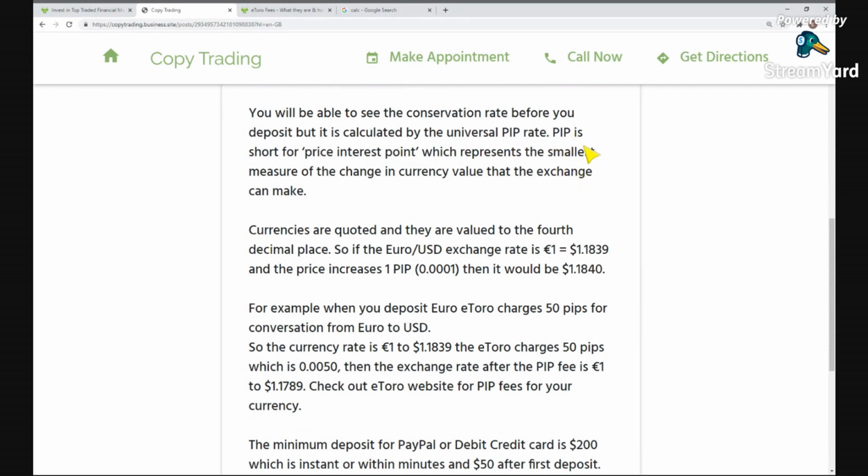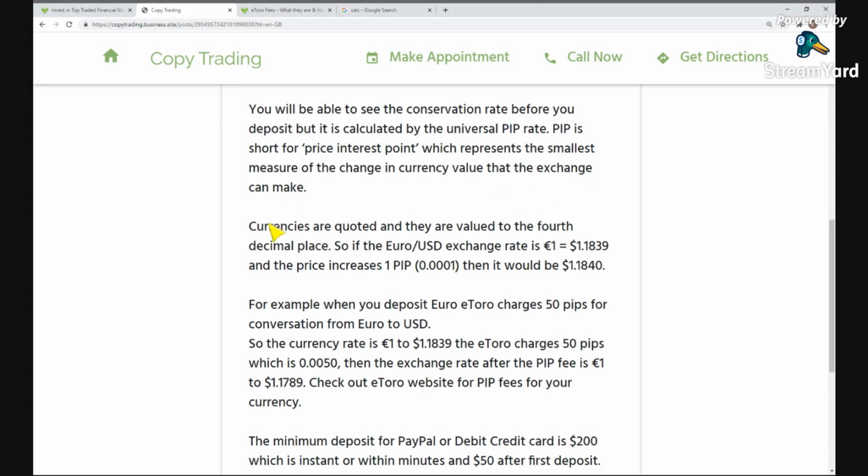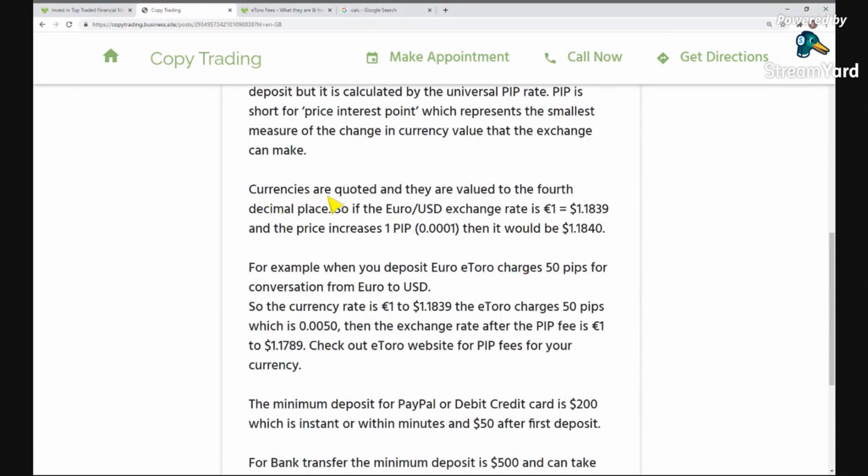So it's actually a lot easier than it looks, and the stock market is easier than you think, but there are these terms and shortened versions of words that beginners may not understand. So I'm just going to explain what price interest point is. It is a measure of the change in currency value, the smallest amount that the currency exchange can make. So how it is worked out is currencies are quoted and valued to the fourth